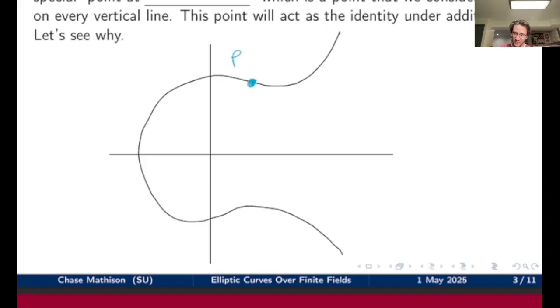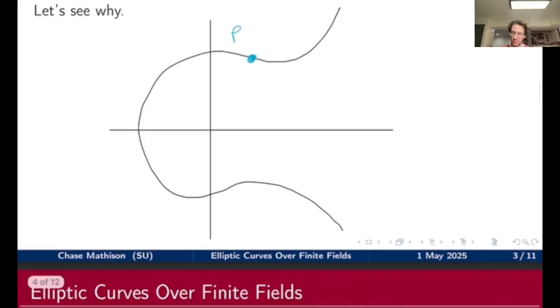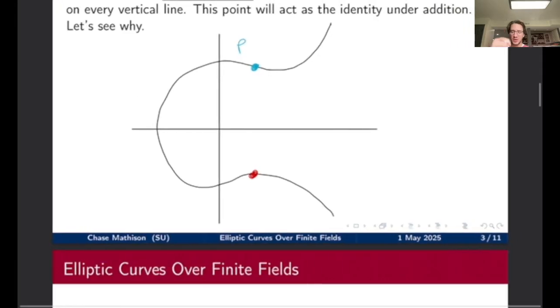If I draw in just a vertical line through, it almost is more convenient to look at what's the opposite of P, what's the additive inverse of P. That's going to be this point of P just reflected about the x-axis. If I draw in that point,